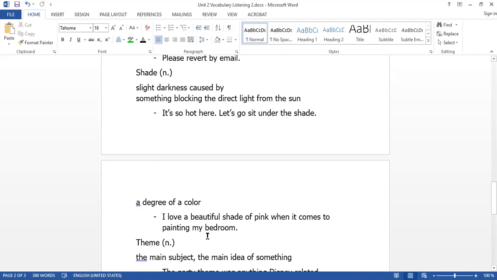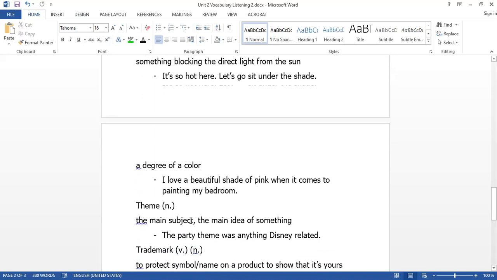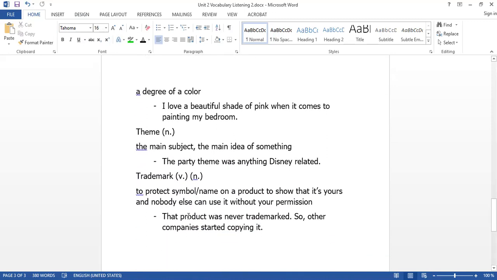The next word here is the word theme. I think in Thai, we say that as well, like theme, like when you go to a party and then, maybe if it's a normal party, of course, you're just going to dress formal or informal. Formally, informally, it's completely up to the party. But then some parties, you might have to wear something else. Like, maybe when you go to a wedding, I don't know if it's the same in China, in Malaysia. As you guys know that we have some friends from China and Malaysia as well, right?